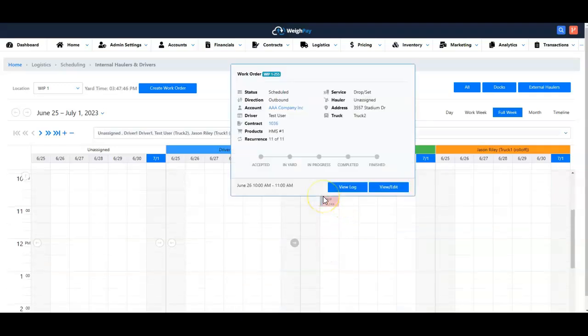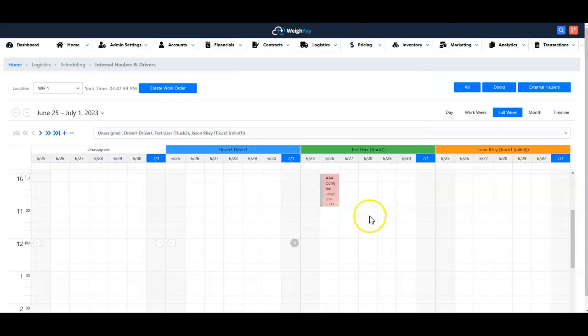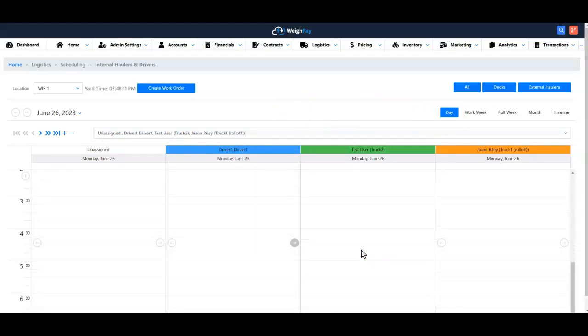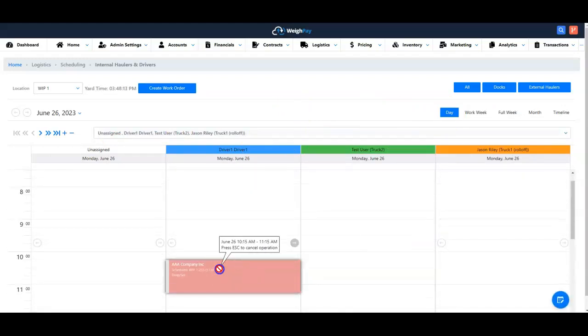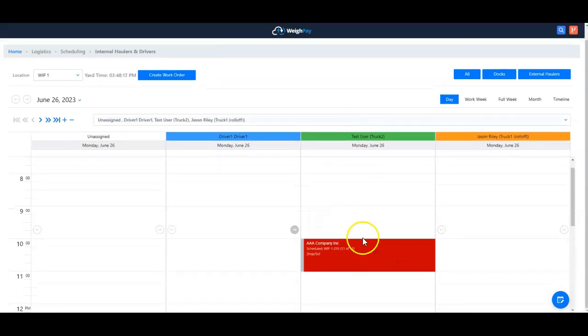load, let me get it so we can see it on the screen. You can see that this is an outbound load, which is why it's red. Everything in our system is color coded, outbound red, green is inbound, but you can see it's a full system with a full audit trail, and I can fully edit. And so these here, of course, can be dragged to any date range, and so you can see I have unassigned. So a typical dispatcher may see this in a daily view, and they may see their current loads in their daily view. And again, this can be moved to however you need to move it to reassign it